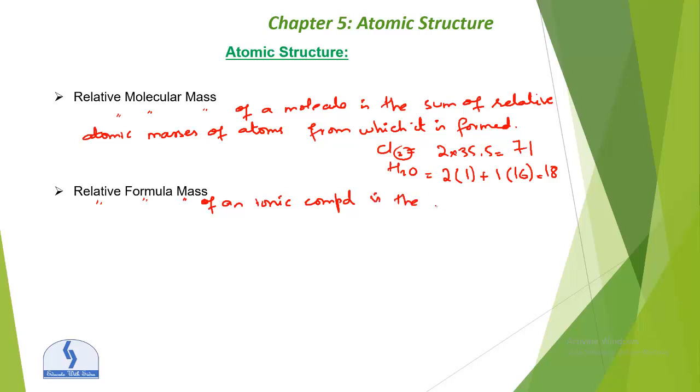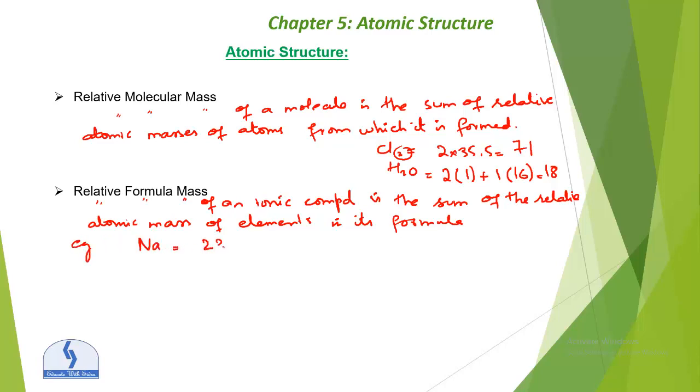The relative formula mass of an ionic compound is the sum of the relative atomic masses of the elements in its formula. For example, sodium